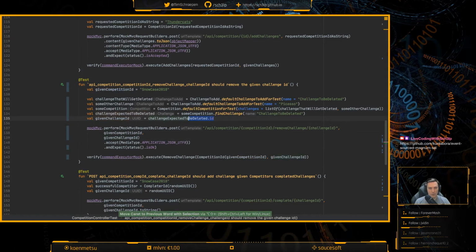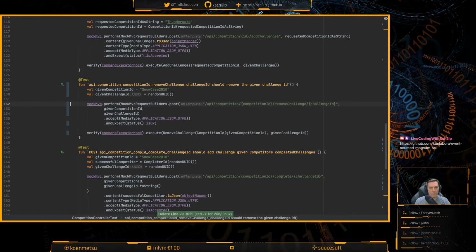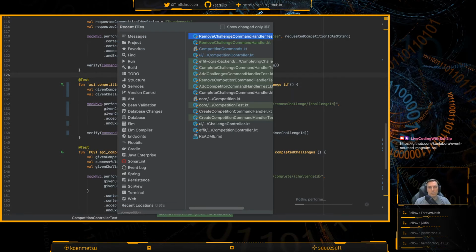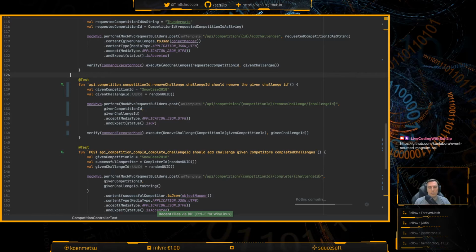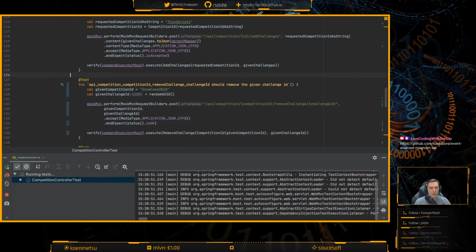So that means that this one can just be a random UUID. And all of this can go. Yay! So then this will fail because I'm not calling a command executor yet.